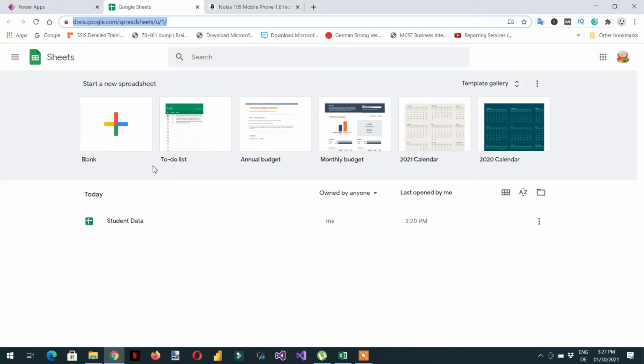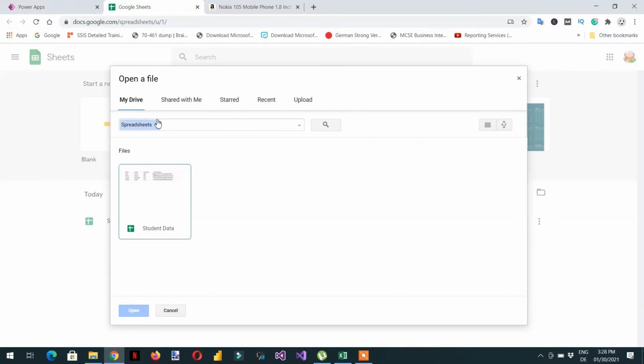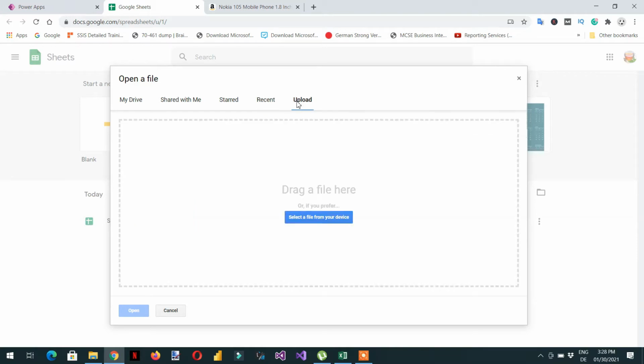First of all, you have to open your Google Sheet. Last time we created one student data sheet just by clicking the blank, the plus sign. To upload this, we need to click this open file picker icon. Here you can use My Drive, Shared with me, Recent. We need to click upload because this file is available on the computer. So upload and select,